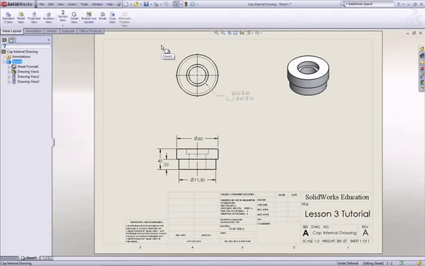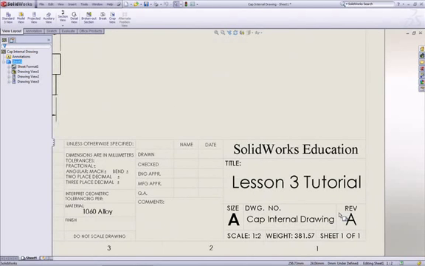When you create a drawing in SolidWorks, a template is used. The template includes this table at the bottom, which is called the title block. The title block contains information to assist in the manufacturing and tracking of the part. The title block includes, but is not limited to, the company name, title of the drawing, sheet size, drawing number or part number, revision history, scale,